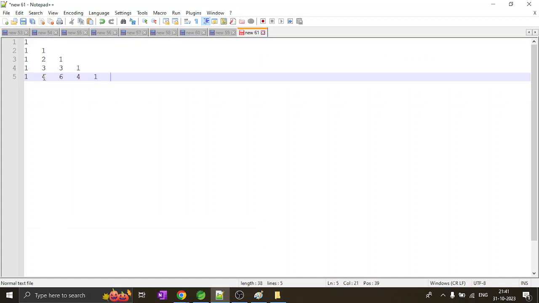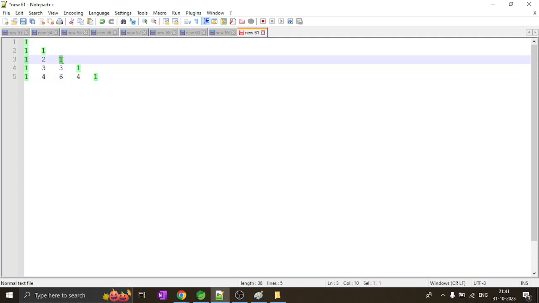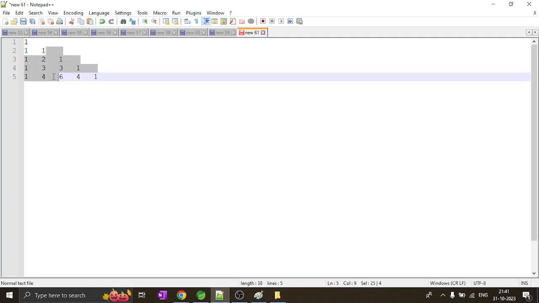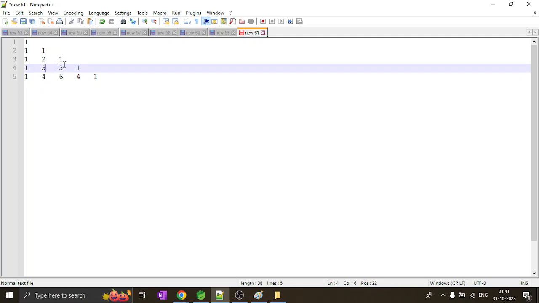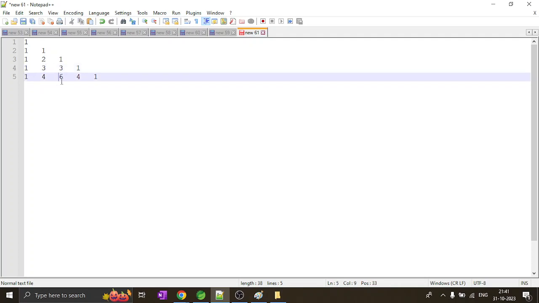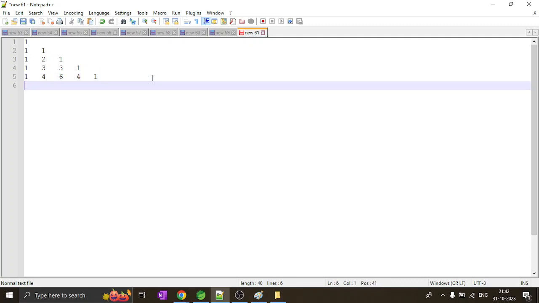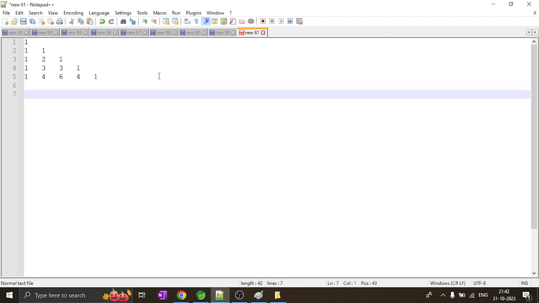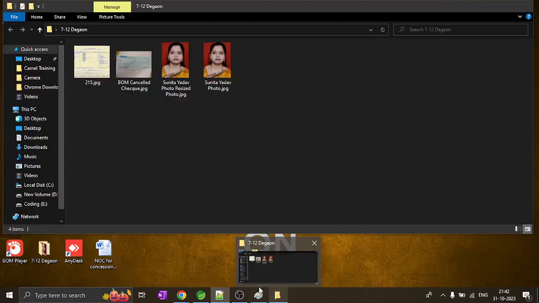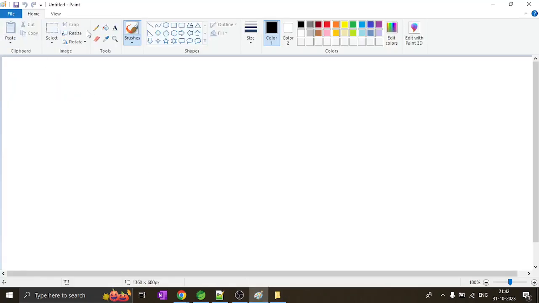Okay. So if we observe this pattern carefully, we can see some kind of symmetry here, right? So this and this element is same. And if we divide it here, then this and this side is same. If we divide it here, this and this side is same. And we know there are some formulas for permutation and combination. So there are some formulas like, let's say,